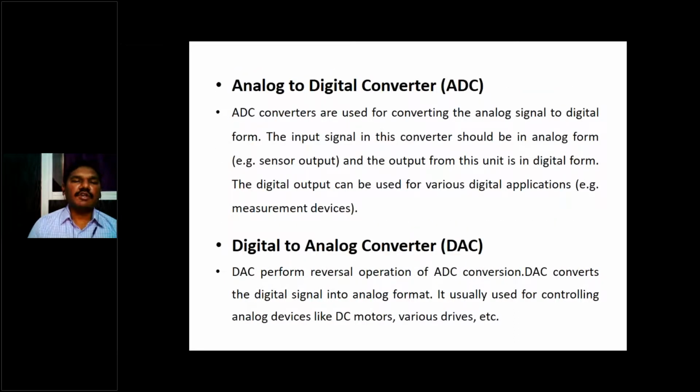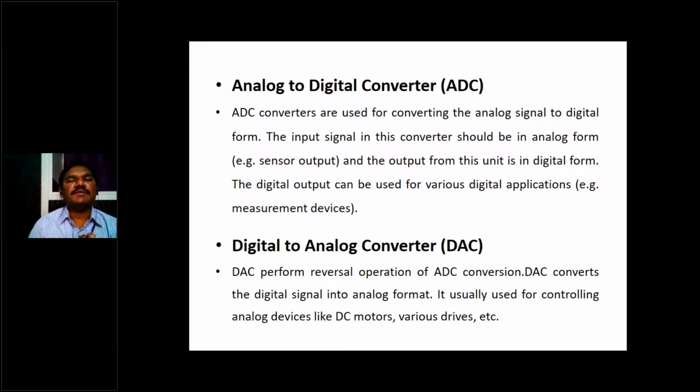Next, analog to digital converter. So the sensor is giving the input, but it is analog in nature. We know that by default input is analog in nature. That analog input will not be taken by the microcontroller or microprocessor directly. So we need one ADC. ADC stands for analog to digital converter. This analog to digital converter will convert analog signals to digital signals. In the case of a microprocessor, this is outside of the chip, but in the case of a microcontroller, it is available on the chip.